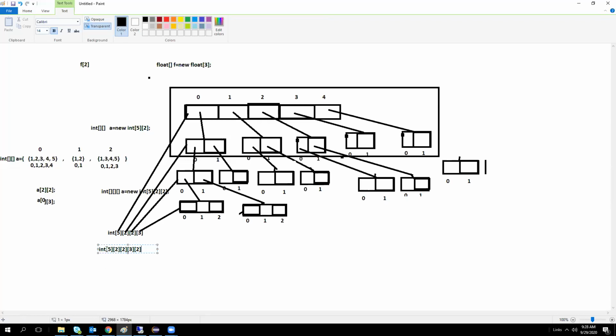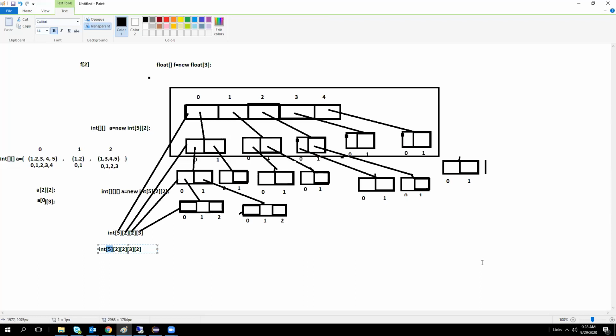Here count how many: 1, 2, 3, 4, 5. So it's a 5-dimensional array. 5-dimensional means one more level will come here. You got the structure of arrays, how many dimensions will be created, how many levels. Is it clear?